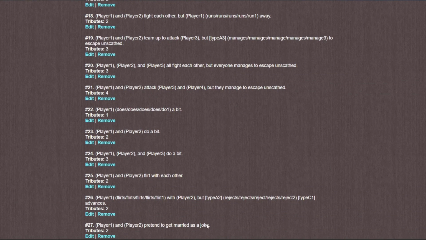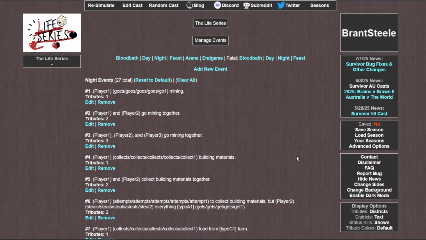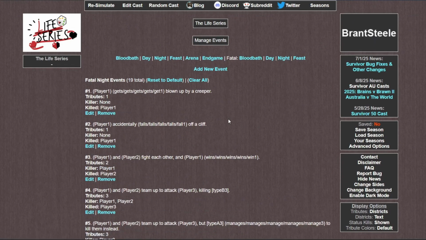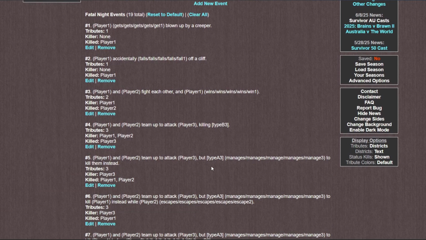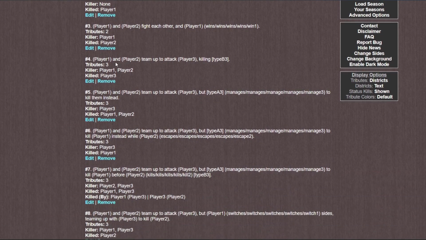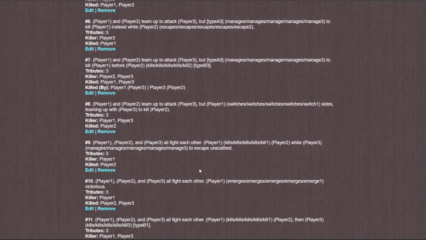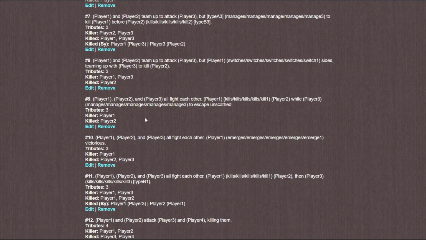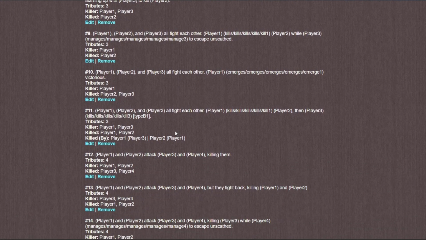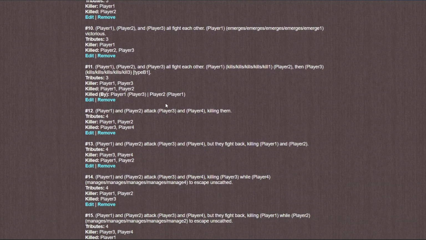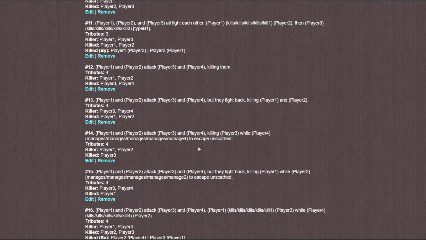Here are the bits, and here's the flirting, of course. So if I show you over here, standard to generic deaths, and then ones related to fighting. So 2 players fighting, and then one of them wins. 2 players attacking another player, and then the various permutations of how that could go. And then 3 players all fighting each other, so how that could turn out. And then, of course, 2 players attacking another 2 players, and all of the versions of that sort of fighting.